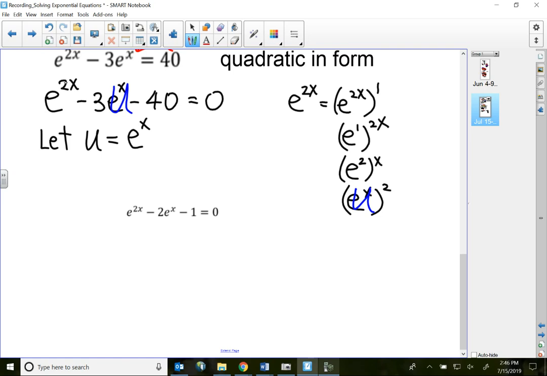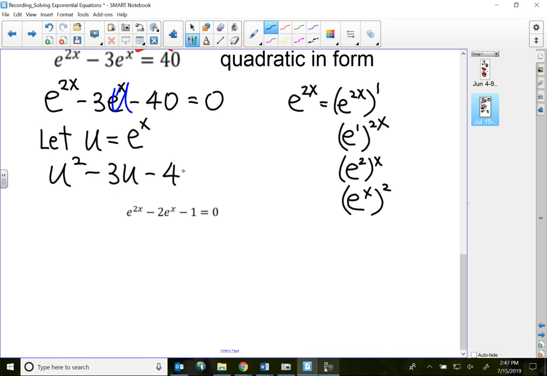So my e to the 2x, if I say, using another variable called the U substitution, use another variable to substitute something in your equation. If I say e to the x is my u, that means e to the 2x becomes u squared. This e to the x is going to be u, so that will be minus 3u